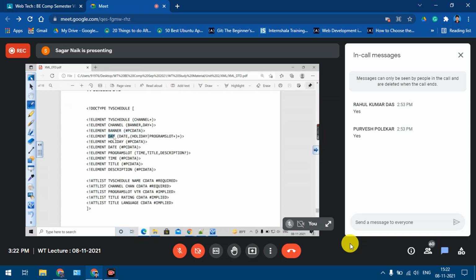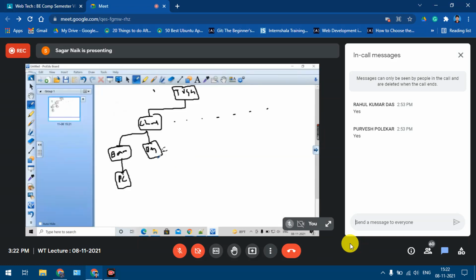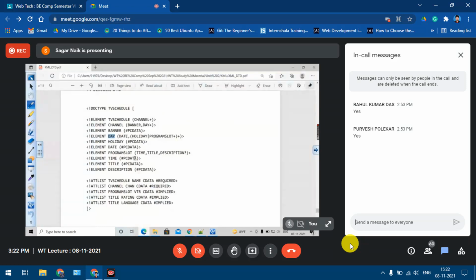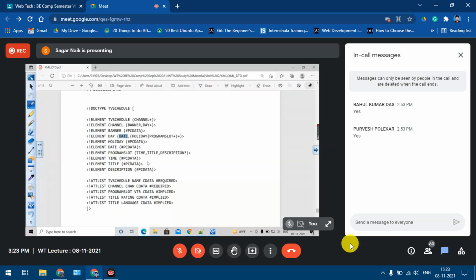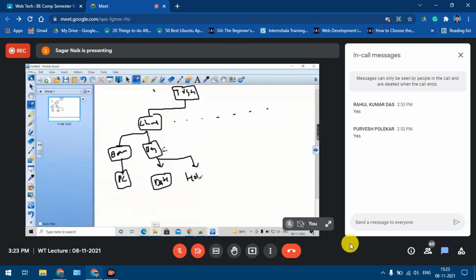Looking at the day element, what things is it having? It has the date and either this or this. So it is having the date, and either holiday or program slot.